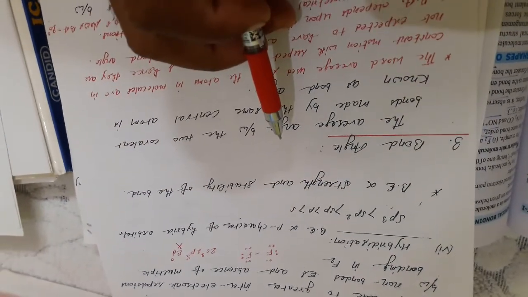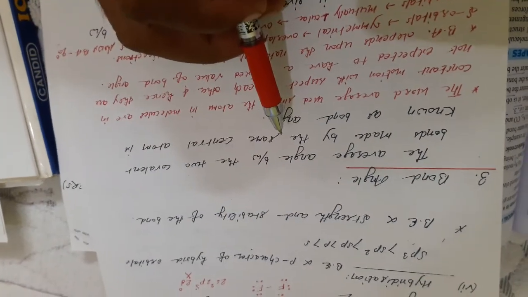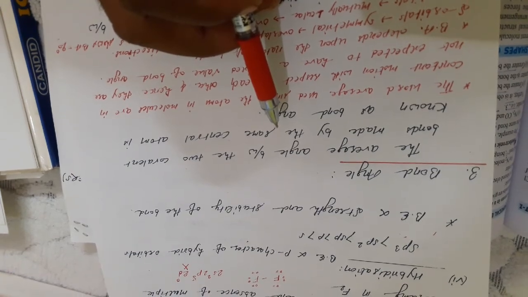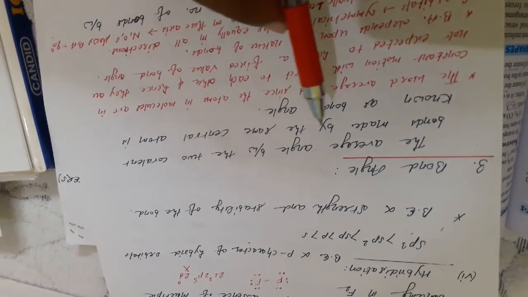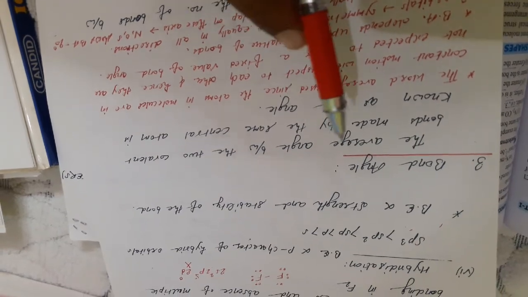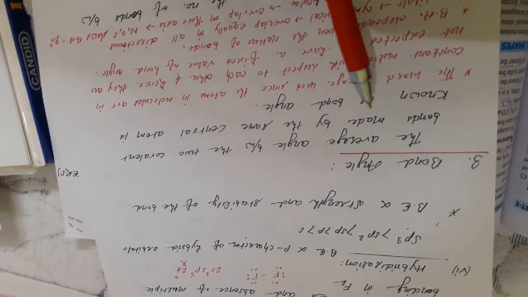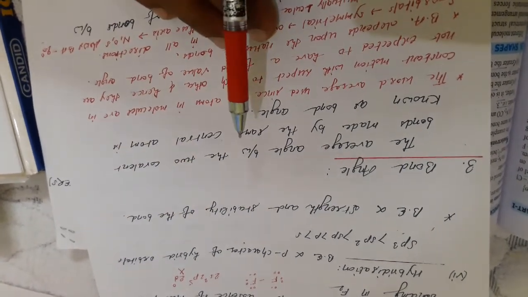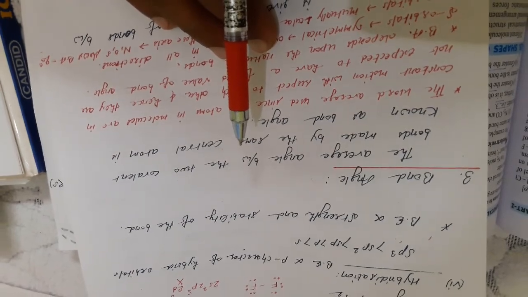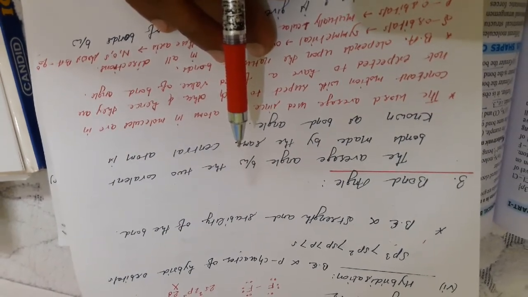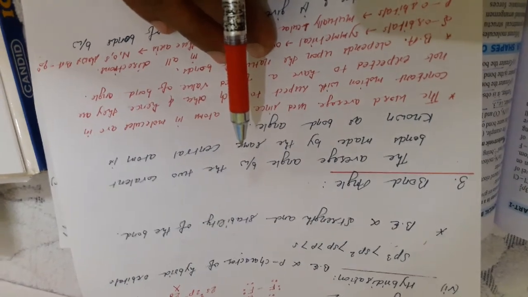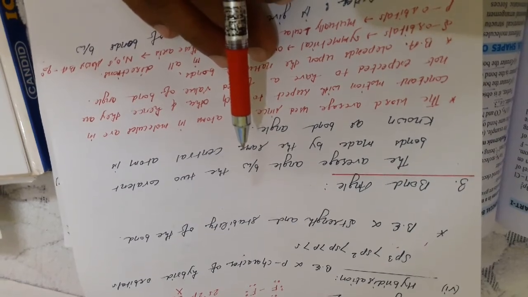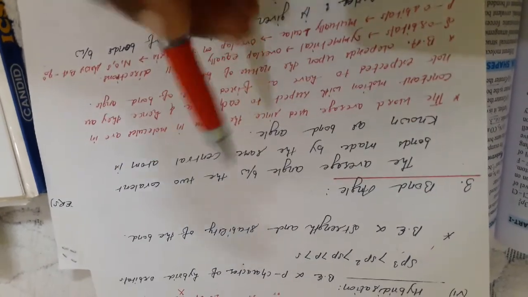The third parameter is bond angle. So you know in a molecule, every atom makes a bond with the central atom, so for that bond we take the average angle, okay, and the average angle between the two covalent bonds made by the same central atom is known as bond angle. Bond angle is also one of the important parameters, because without bond angle you cannot predict whether the molecule is covalent, polar or non-polar. Okay, because the bond angle gives the exact structure or geometry.